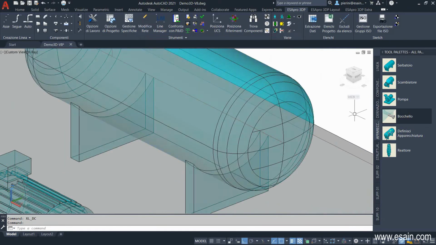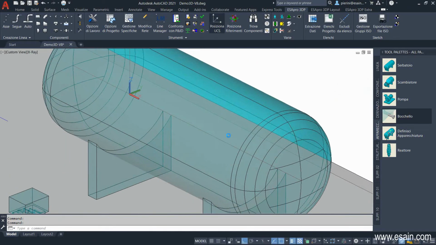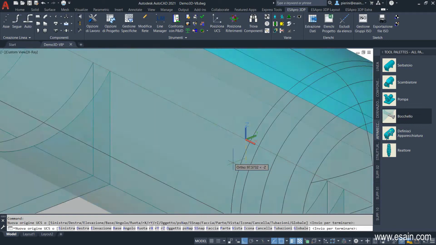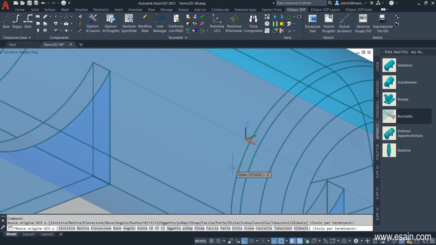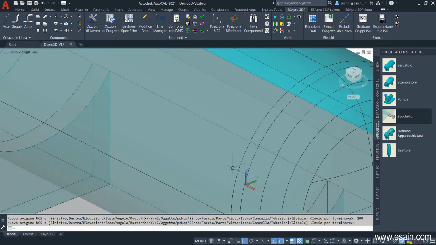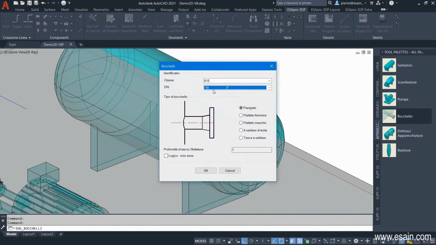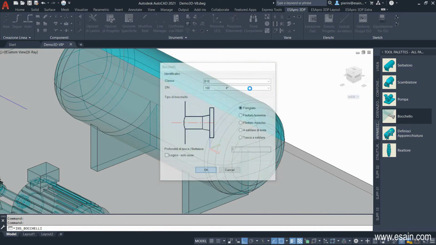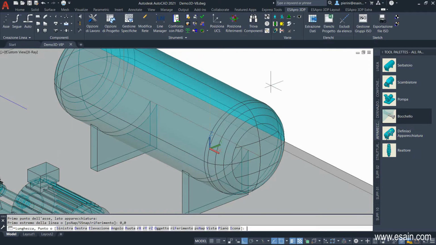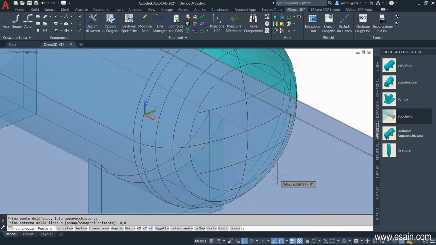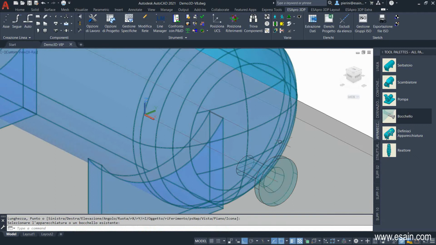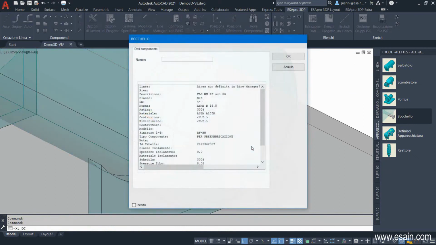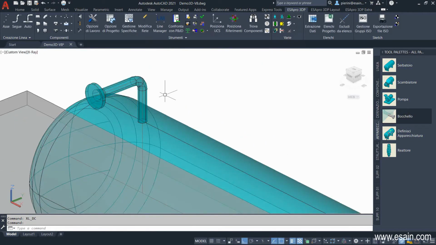Now let's draw an eccentric nozzle that we will name as N2. We pick a point on the axis and set the offset, in this case 200 millimeters. This will become the starting point for the new nozzle. We choose a diameter, 4 inches, first point, length, 1,000 millimeters. And at this point we select the vessel body. We gave a name to the second nozzle. Actually, the nozzles are separate objects, so you can move or delete them once you've finished creating your equipment.